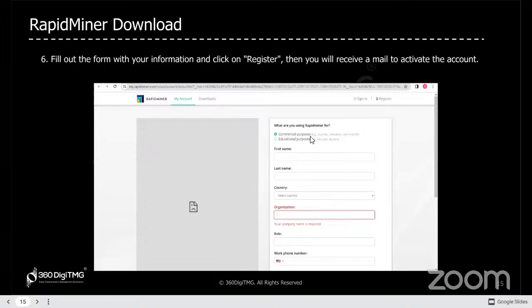Suppose if you select your business purpose, like a commercial purpose, you will get which organization you're working in, what is your role, all of these things. But in educational purpose, you won't get all these things. So accordingly, you can choose and fill the form. So fill this form, click on register and